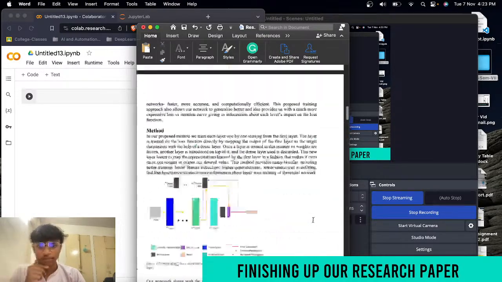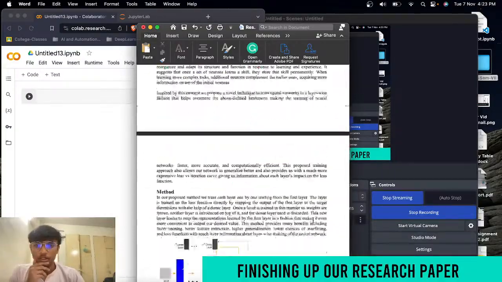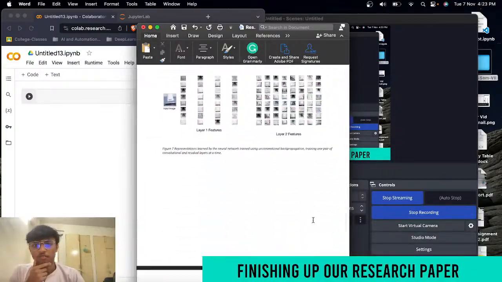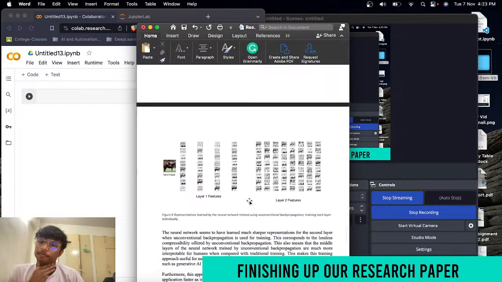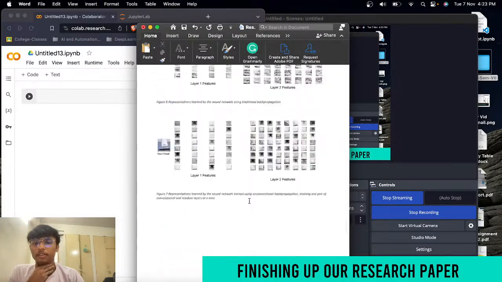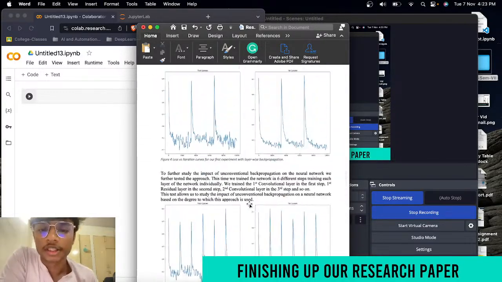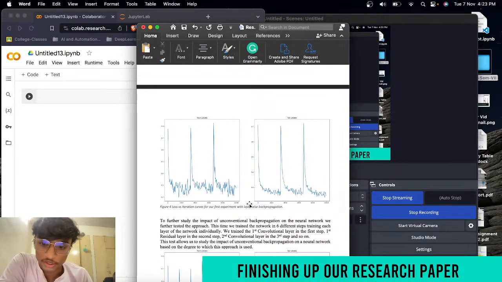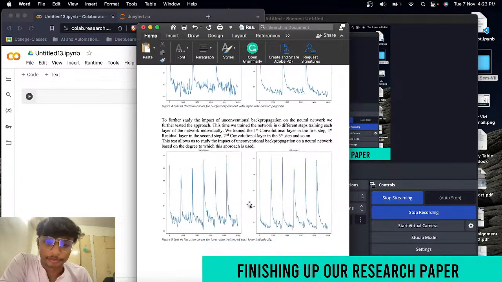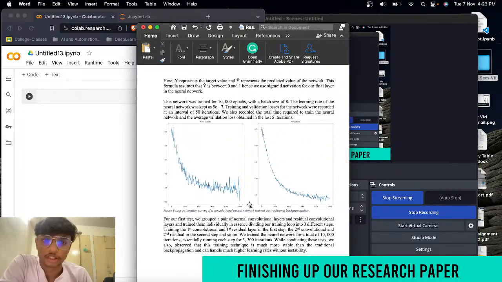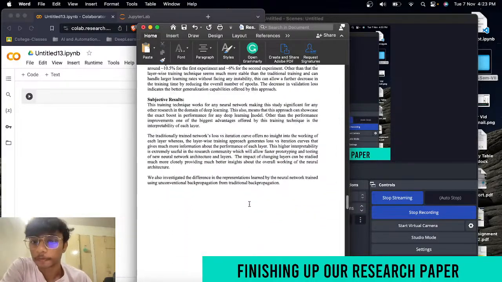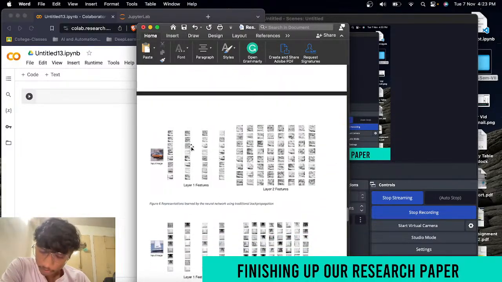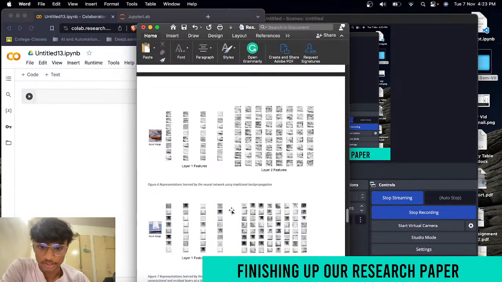Everyone remembers the research paper we were writing, right? So this was the first draft that we wrote during the writing a research paper stream, and these are the different results we were able to obtain. Basically, we obtained results on the loss versus iteration for conventional and unconventional training for the CIFAR 10 dataset. Other than that, we also obtained our results on the interpretability, or you can say how the internal